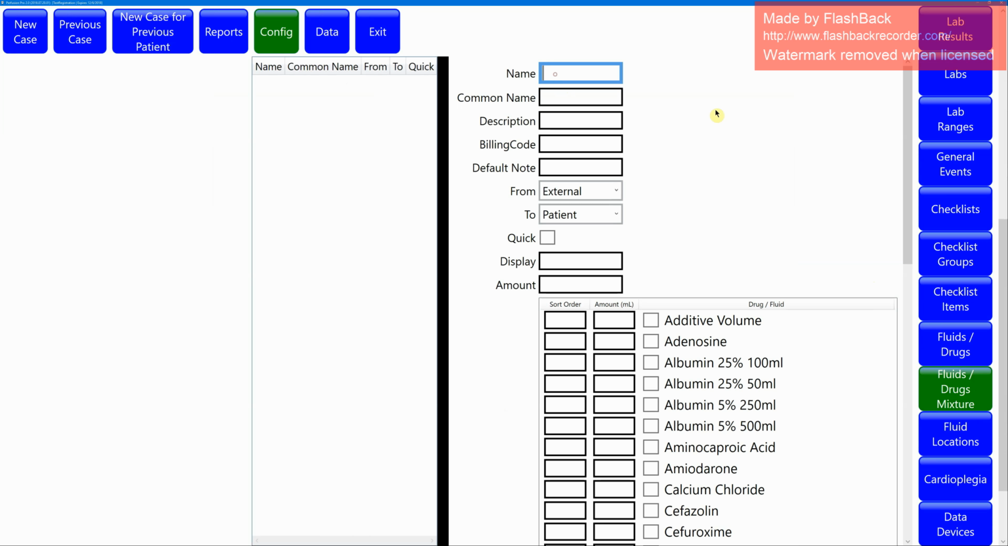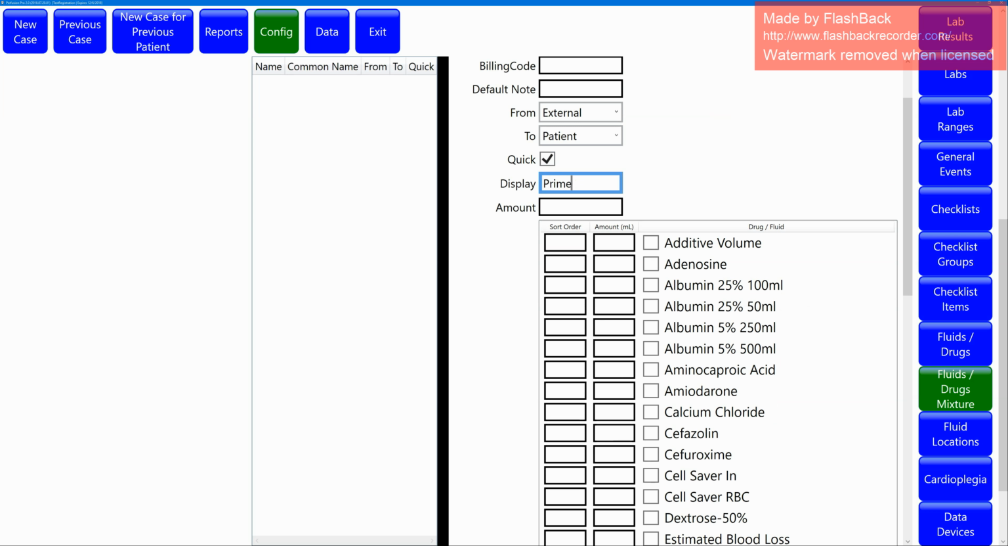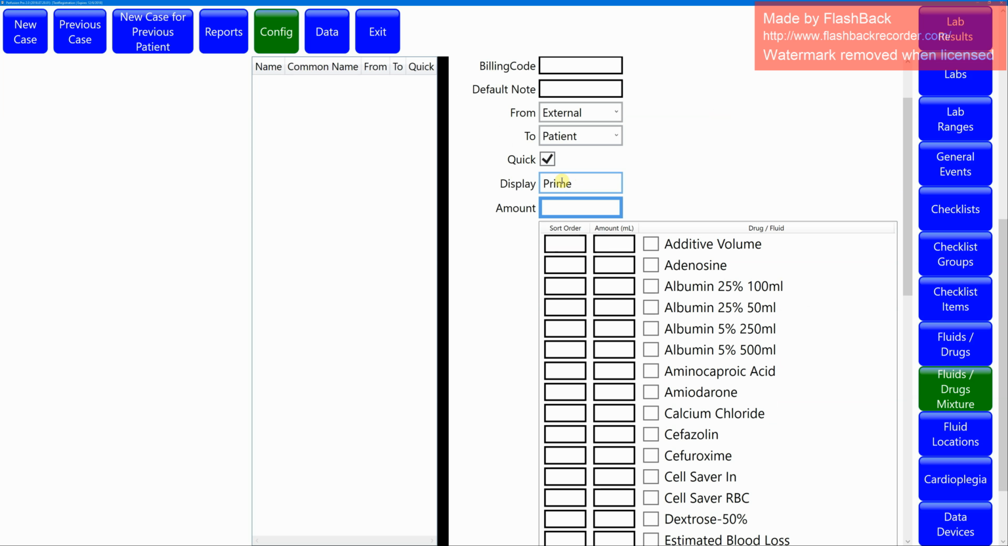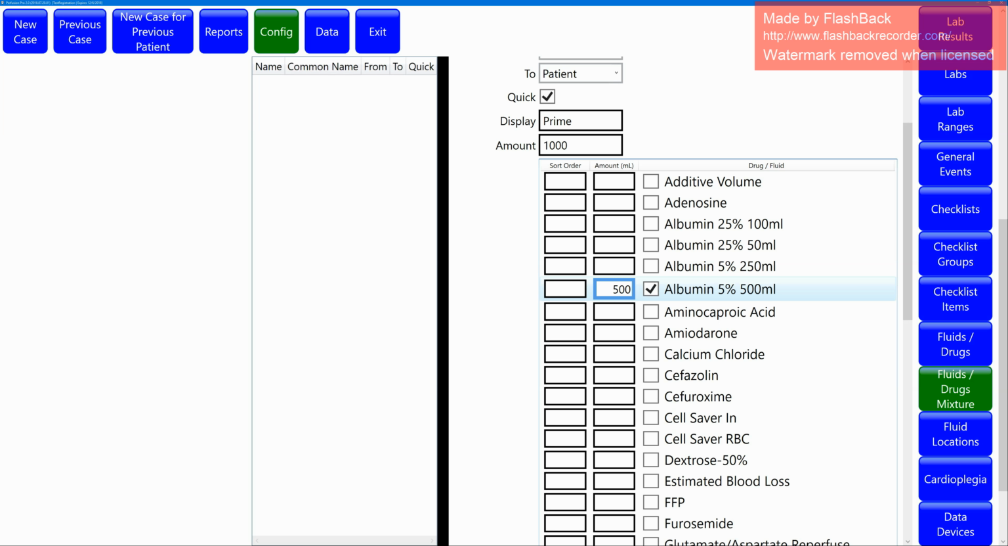For example, I will show defining a prime mixture. This prime will also make a quick button and call it prime. And we'll say we're giving 1,000 milliliters of prime. The prime we will define will consist of albumin, 5%, 500 milliliters,